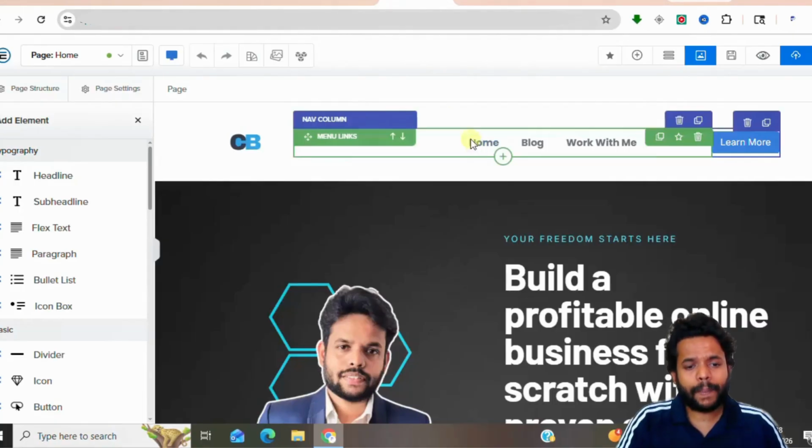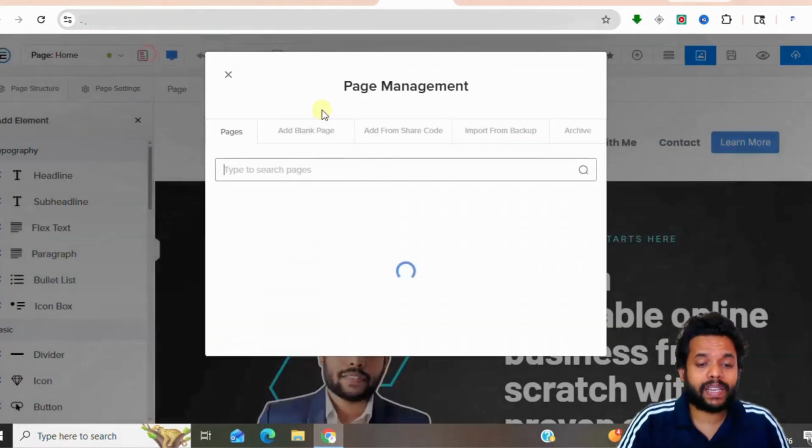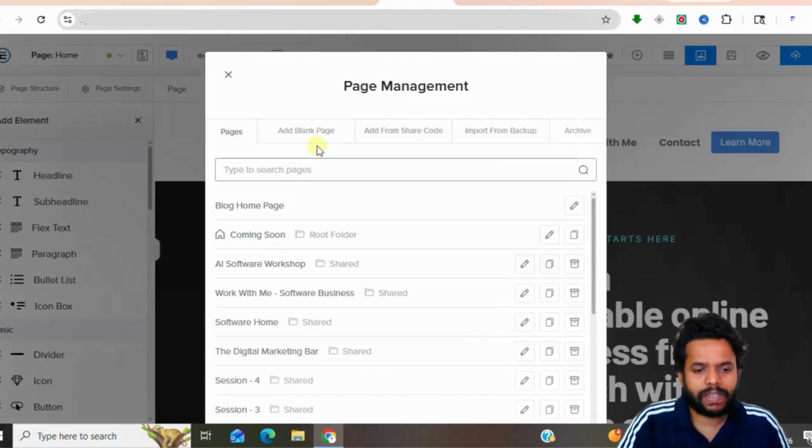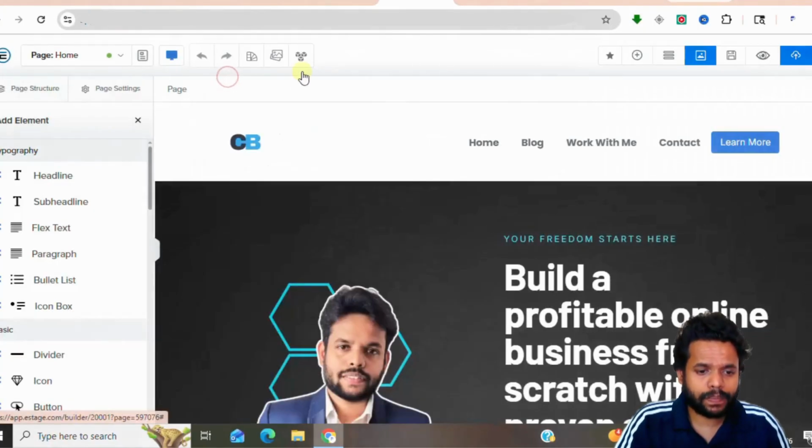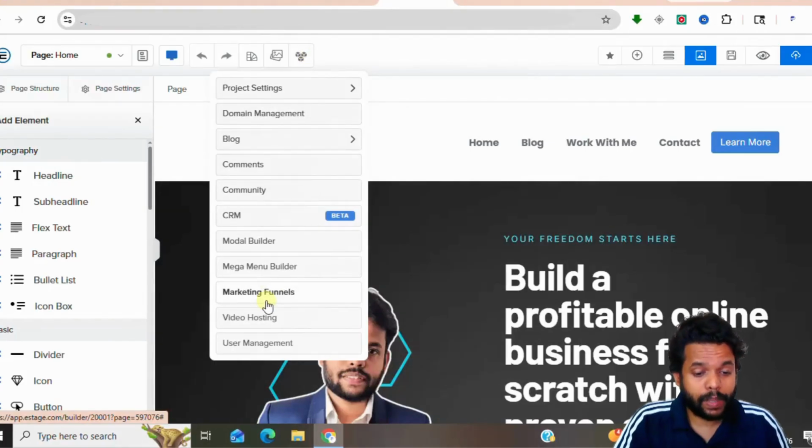All right, guys, so this is one of the great platforms I would like to share with you. And apart from that, you can also create dedicated pages designed for your needs. Once I click on add a blank page and add a page, you can do that. And also there is a blog section over here, and there are many integrations you can do, email marketing integrations,